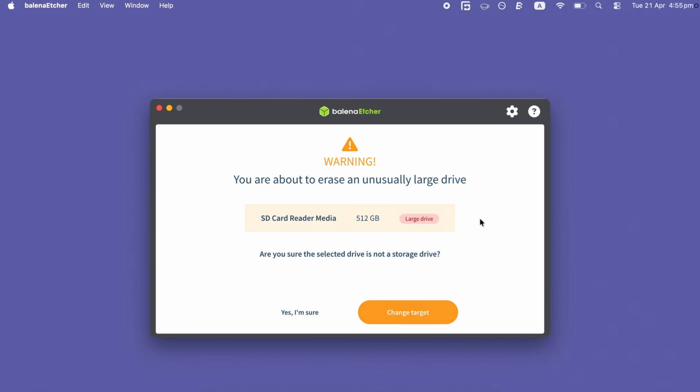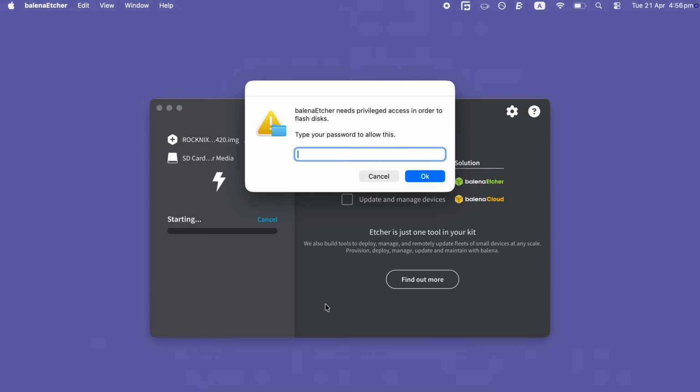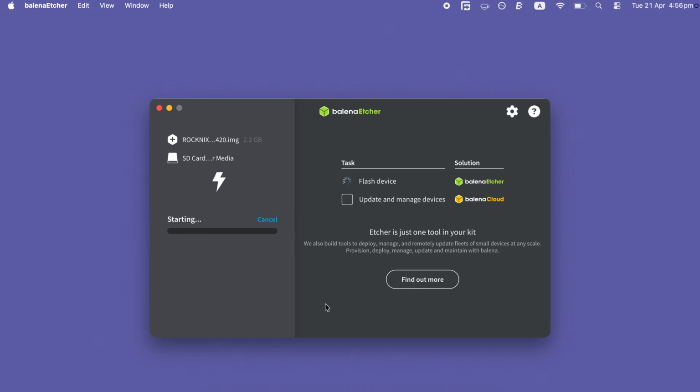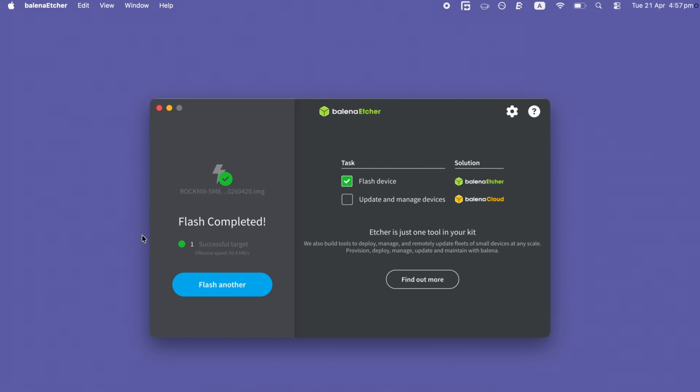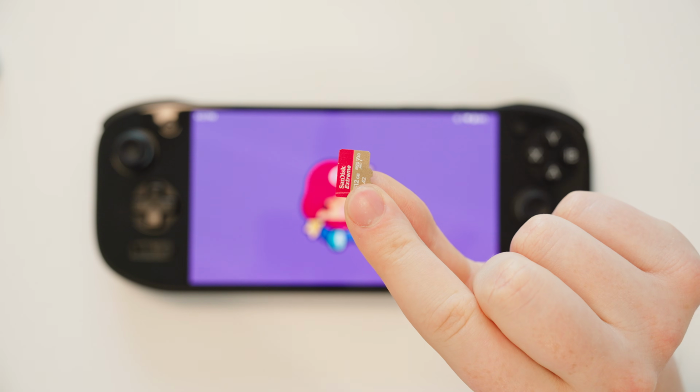If you're using a big SD card like me, it will warn you that the drive is really big, and are you sure it's an SD card or a USB stick? Are you sure it's not your hard drive? Yes, I'm sure. You'll need to enter your password on your device, and then it will start flashing. This whole process should not take long at all. And just about 1 minute later, the flash has been completed. Excellent. We're now ready to take the SD card out of the computer, and we can now put it into